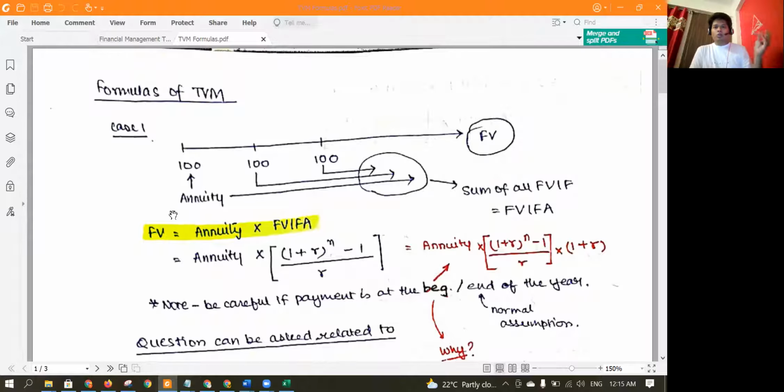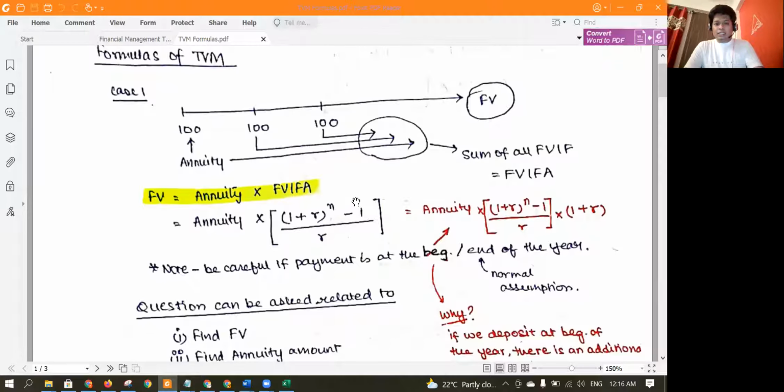If it's the same amount over a period of time, that's called an annuity, and you basically find out the future value annuity factor instead of the future value factor. For calculating the annuity factor, basically it's the addition of all the future values. So the direct formula for that is 1 plus r to the power n minus 1, divided by r. You can just memorize this, or you'll have this sheet open, so you can just directly use this. Another formula is the same thing, but multiplied by 1 plus r again.